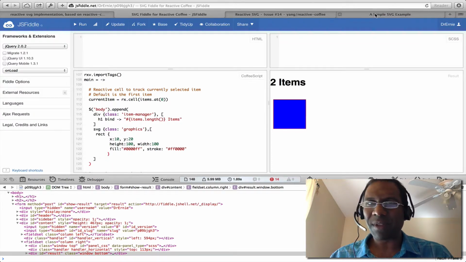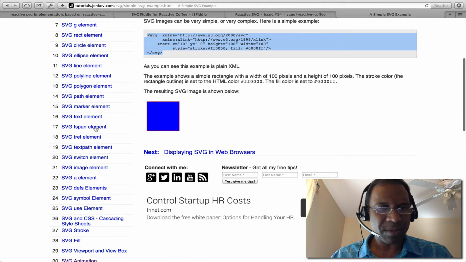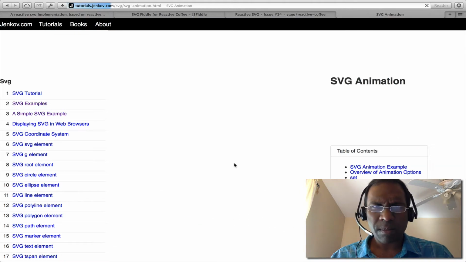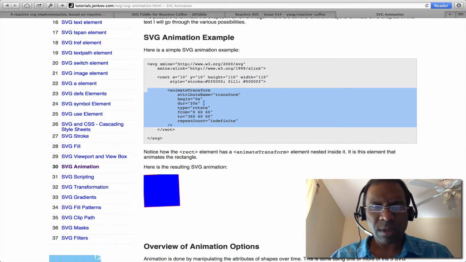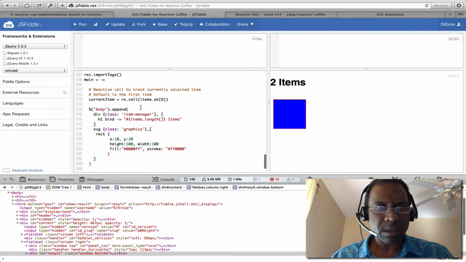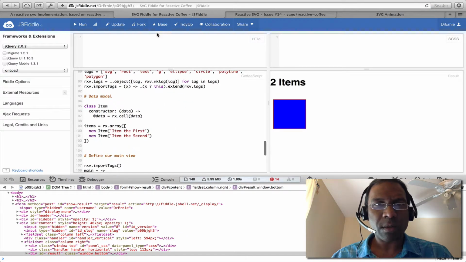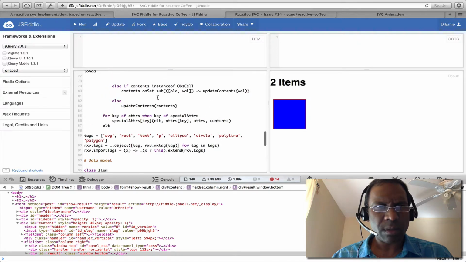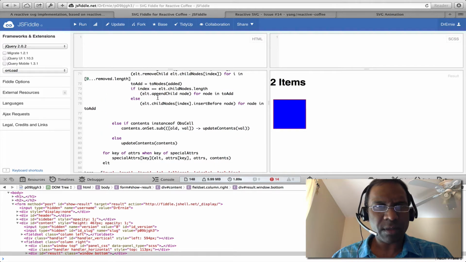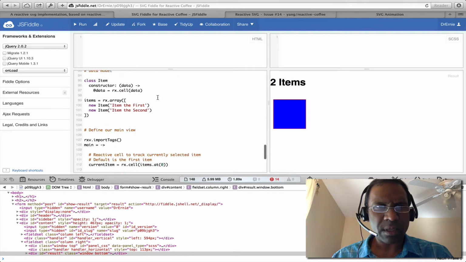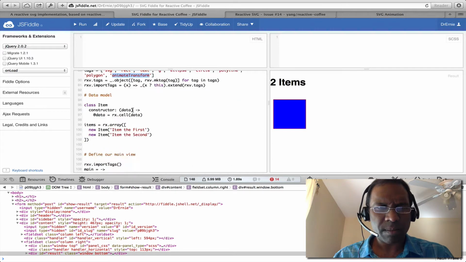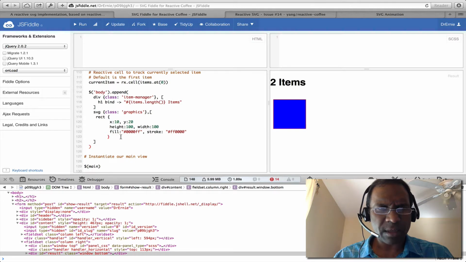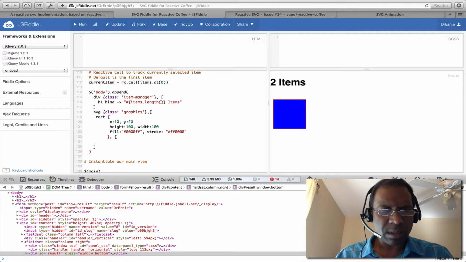Oh, let's go for this. Let's go for our animation example here. Oh, this would be so cool if this worked. Where we add an animate transform. First, where are we here? Yeah, JSFiddle. And then the last tag that we have to add here is animate transform. And that's going to be a child of